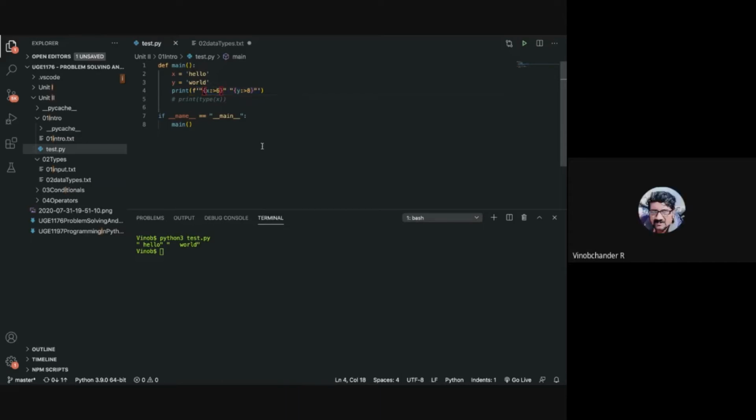Yeah, you need to have the placeholder. You just specify the placeholder, and if you want, you can have the format specifiers within the placeholder. It is just like the format method, but you don't specify dot format. But f strings make use of the format method to do their work. Okay, sir. Got it. Thank you, sir.